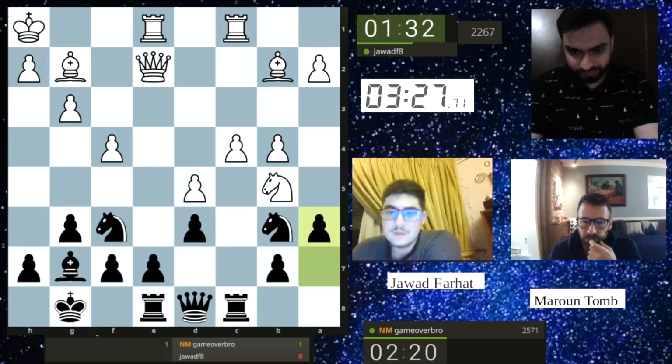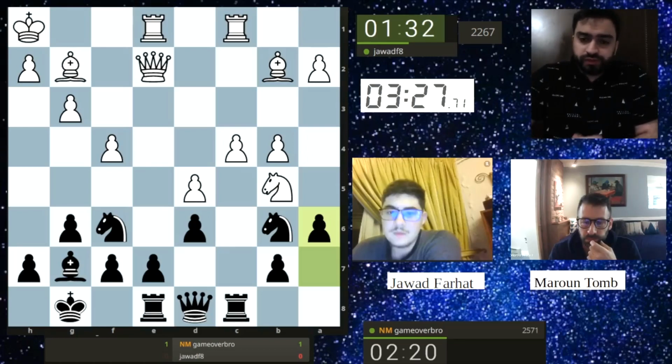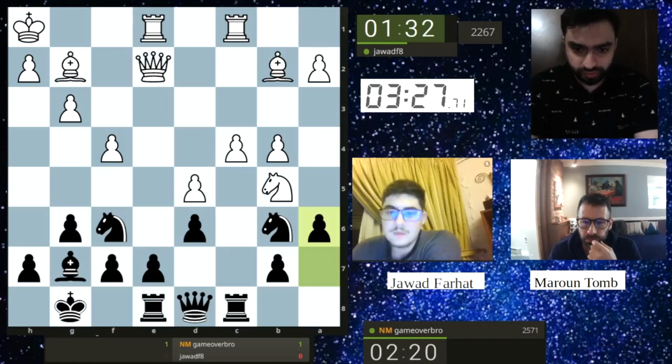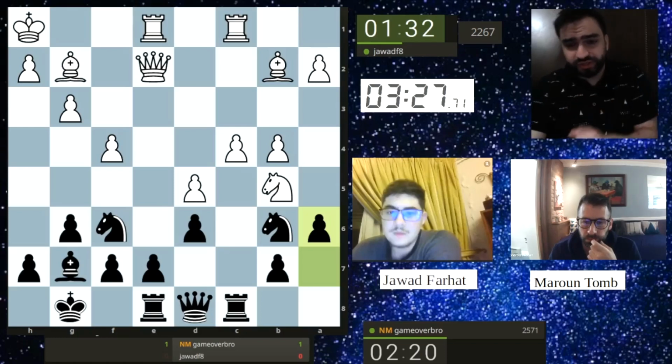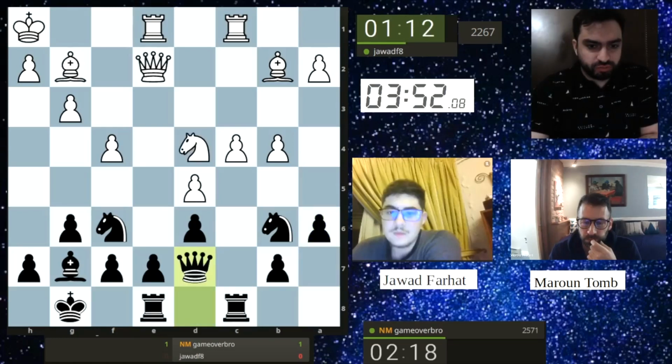I have their names set up incorrectly here. So Maroon Tom on the right against Jawad Farhat on the left in this corner. And yeah, let's see how this match will proceed. Already the match clock is wrong, by the way. We need to add 2 extra minutes, so I remember that